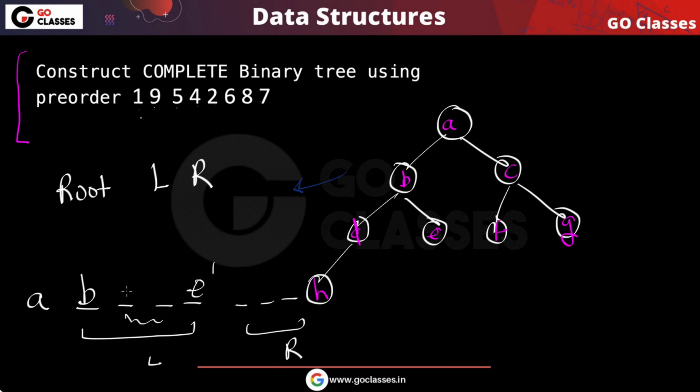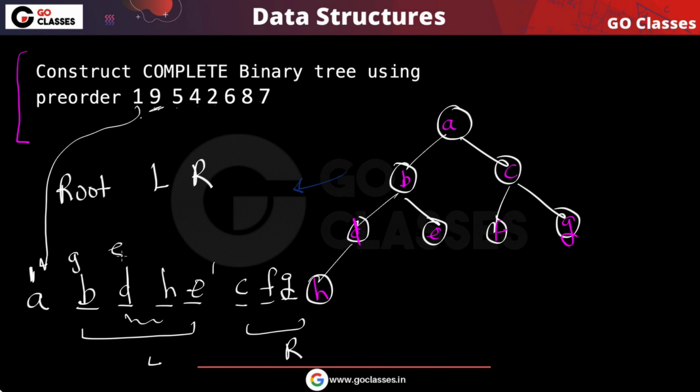So again on the left side D and then H, right? Okay. Now here it is basically root, which is C, and left is F and then G, right? So you can actually find out the preorder very easily. Now what you need to do? You just need to have a one-to-one mapping. You can say 1 is A and 9 is B, 5 is D, H is like, let me just write